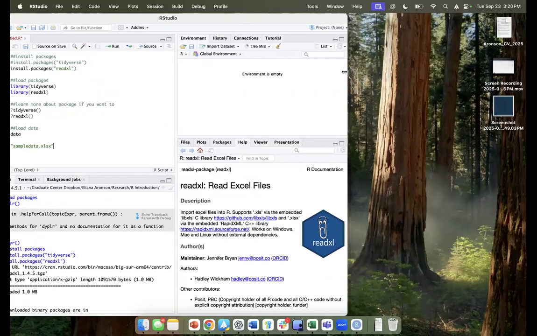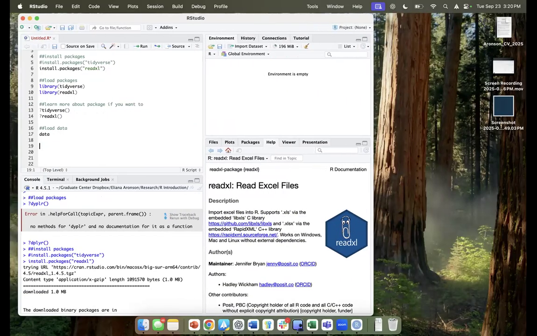So the first step when loading the data is I name it data as an object, and I save into that object